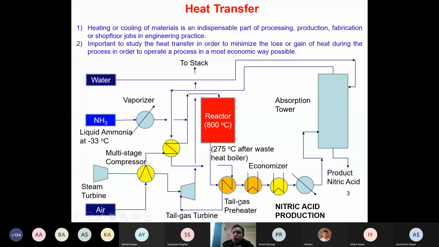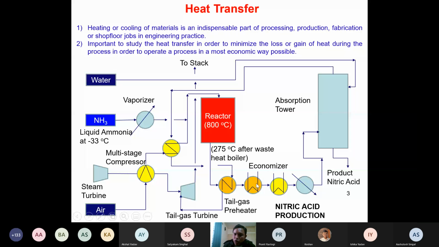then again exchanges heat with the tail gas, and this heated tail gas is then supplied to the tail gas turbine. So the tail gas turbine produces the power, and that is used for running the multi-stage compressor. Again, the cooled reaction mixture is then given as an input to the economizer. In the economizer,